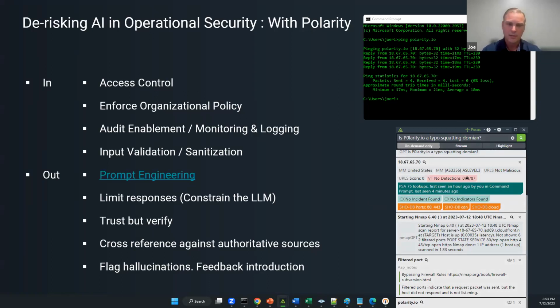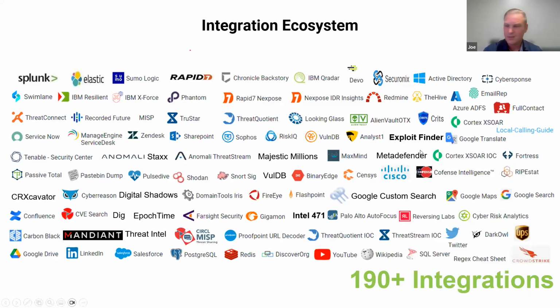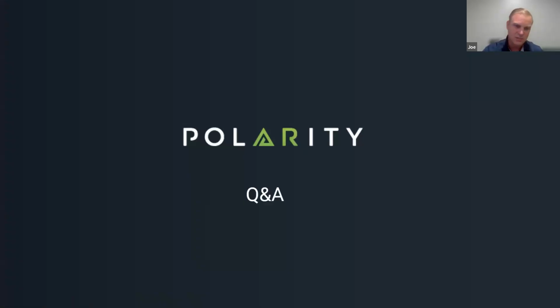So this is just some things that we're doing within the platform to enforce a lot of the controls that Chris and Ed both highlighted, both from what goes into the platform as well as what comes out. And definitely from a cross-reference perspective, there's over 200 integrations to cross-reference, when you're thinking about using a technology like ours and introducing AI into your operational security process.